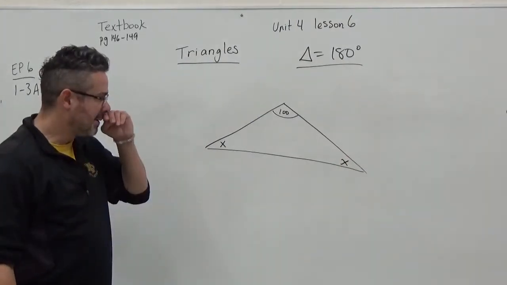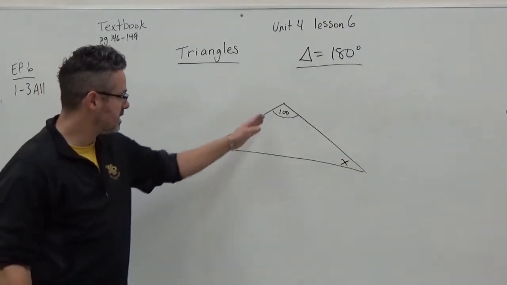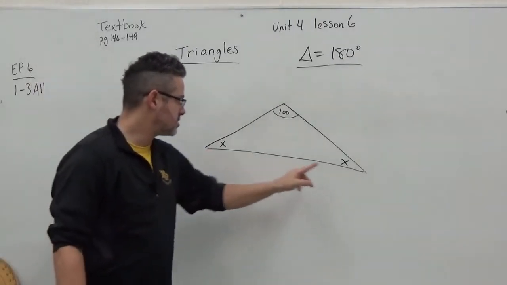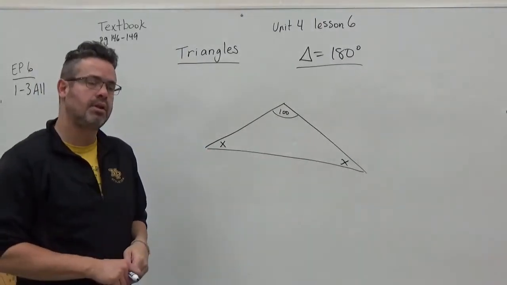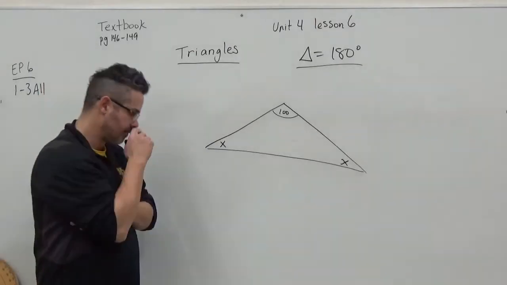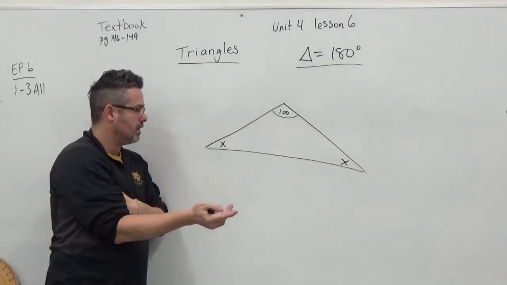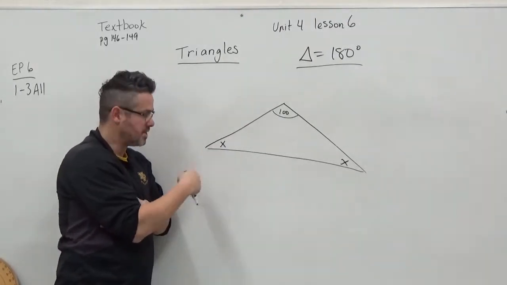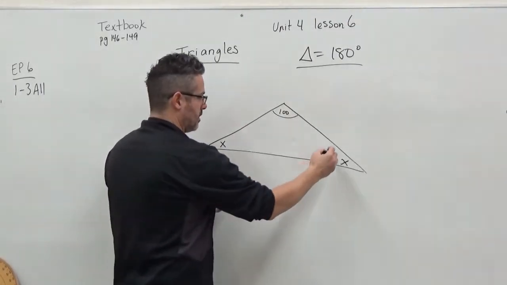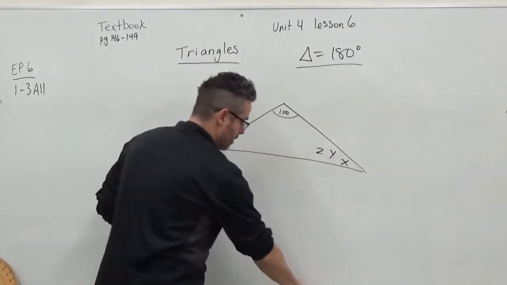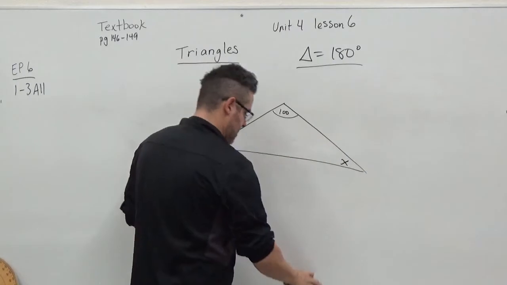They give you a triangle like this. So they say that this angle here is 100 degrees, and these two angles are the same letter. What does that tell you? Well, that tells you that these should have the same measure. Because if these were a different measurement, a different number, you'd have to put like a letter Y or a letter Z or something over here. But if you've got the same letter,